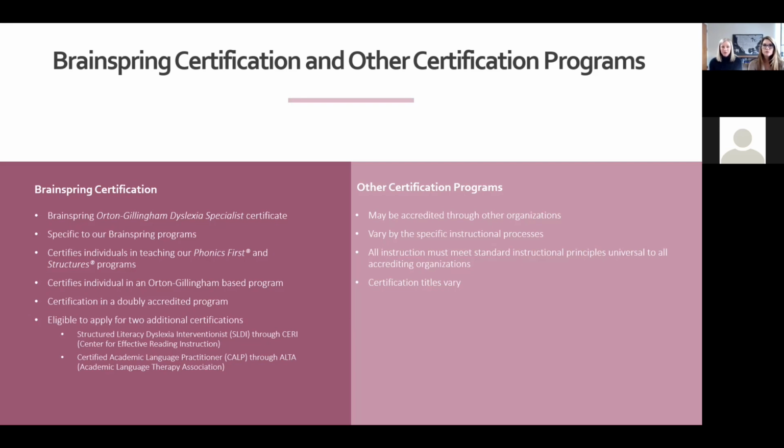Other certification programs may also be accredited programs, and they may be accredited through other organizations. With the different programs, there's going to be a variety between the specific instructional processes that are used. All of the Orton-Gillingham accredited programs do need to meet the standard instructional principles that are universal between all the accrediting organizations, such as programs need to be structured, systematic, multisensory, cumulative, but from one program to another, they may